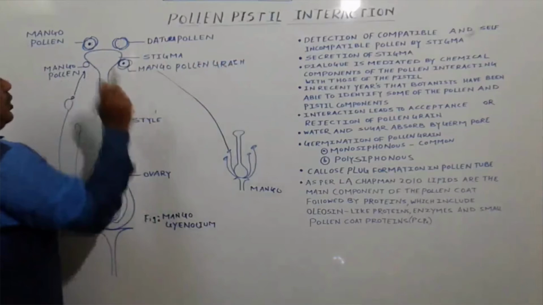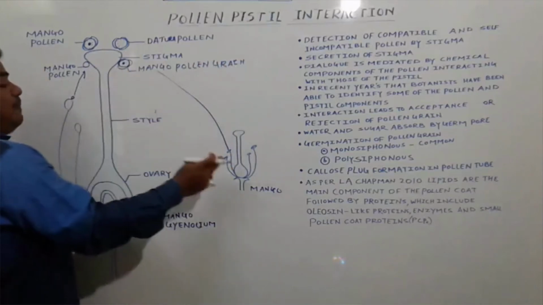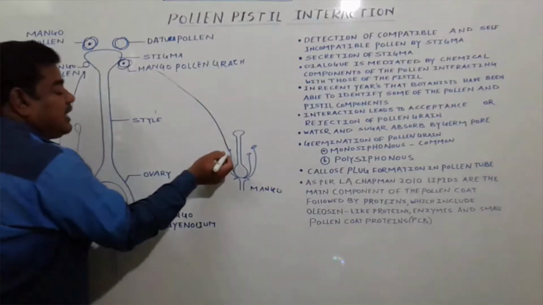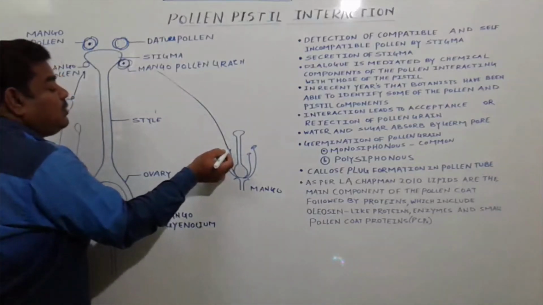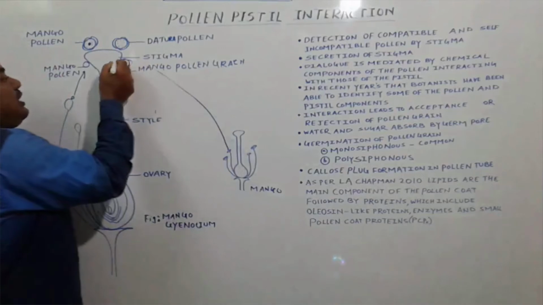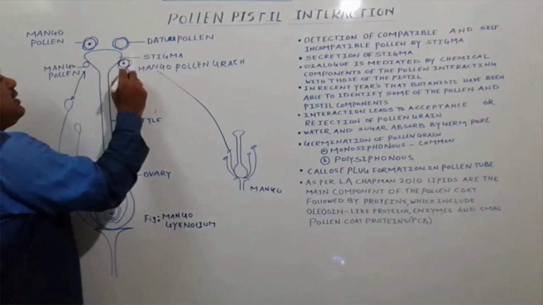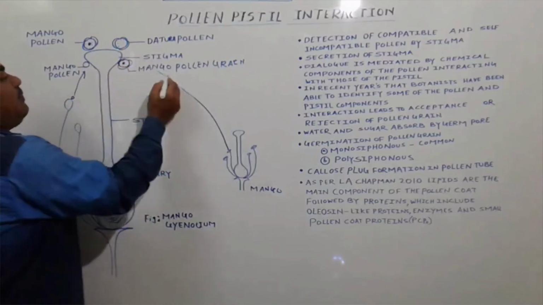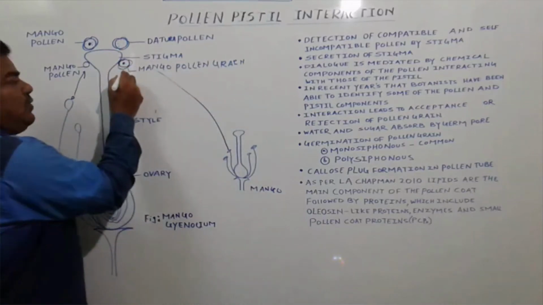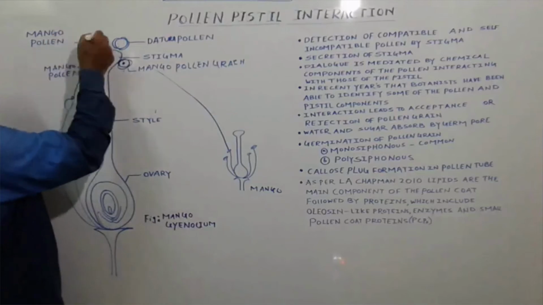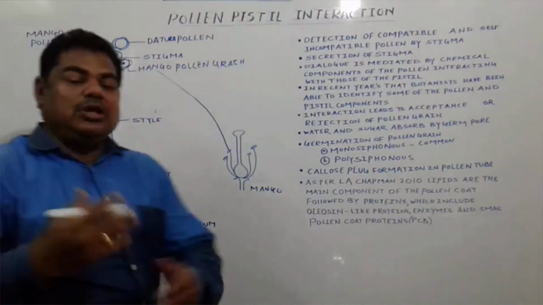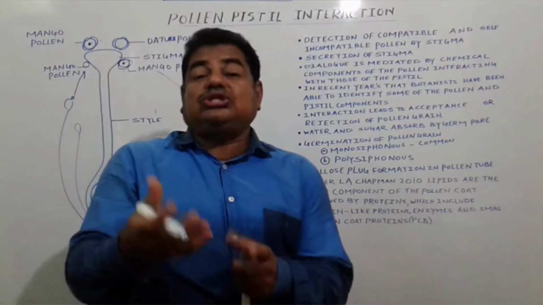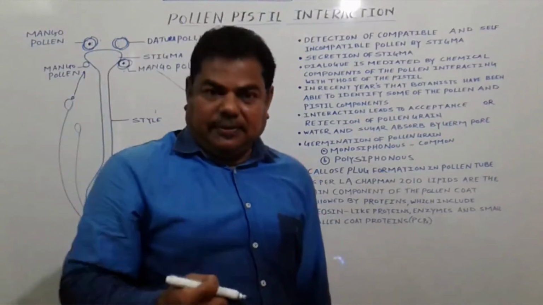This one is also a mango pollen grain of another flower of a mango. It means there is a transfer of pollen grain from the mature anther lobe to the receptive stigma of another flower. We call it cross pollination, by wind or by any insect. So this mango pollen grain is a compatible pollen grain, no doubt, and this mango pollen grain is also compatible. Both pollen grains are compatible, but a stigma has the capacity to select which one is more compatible.